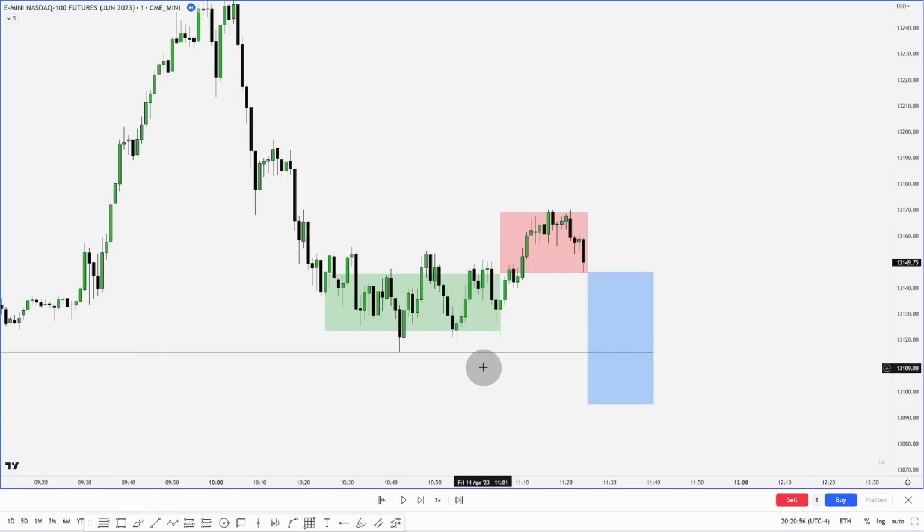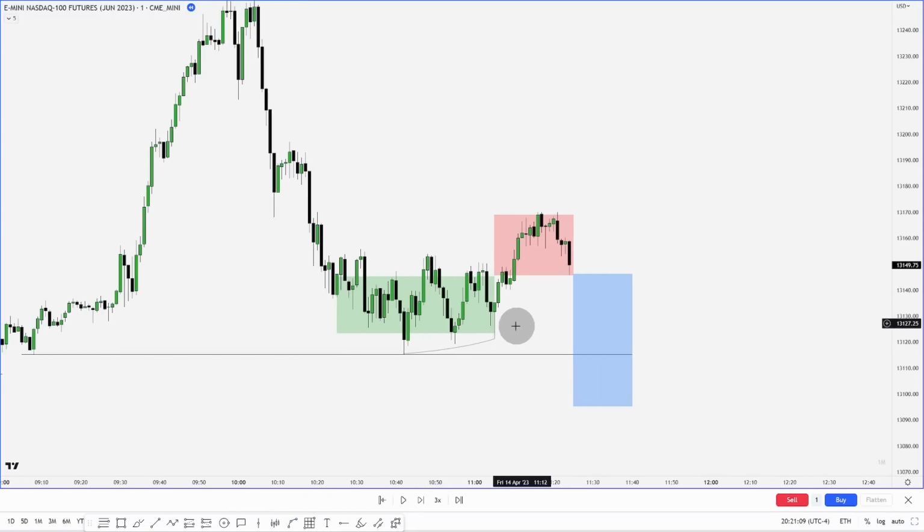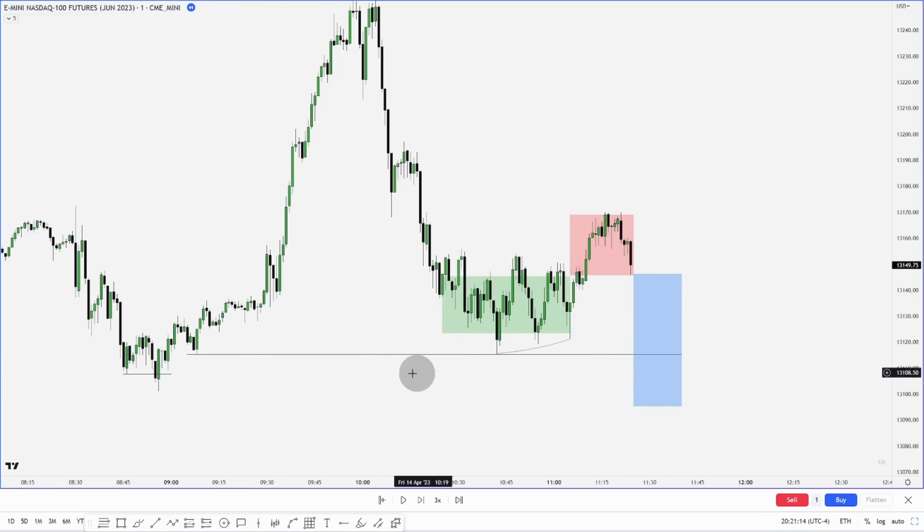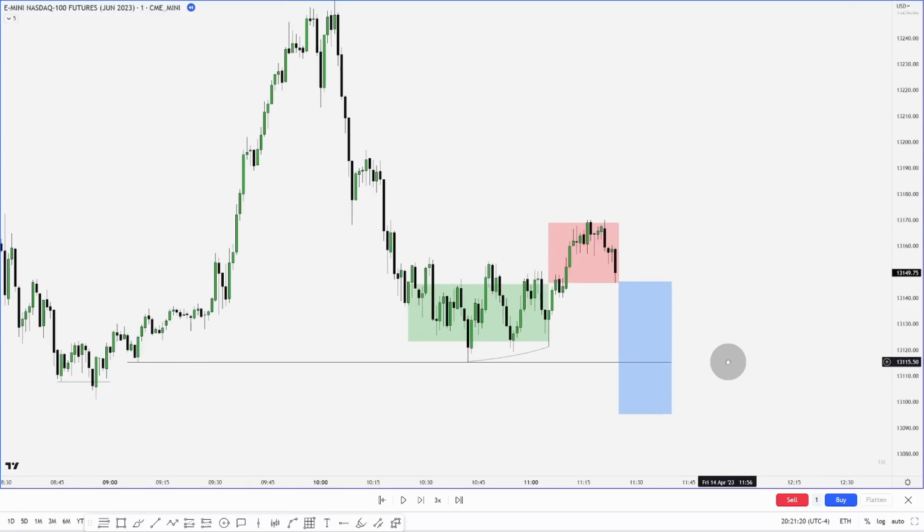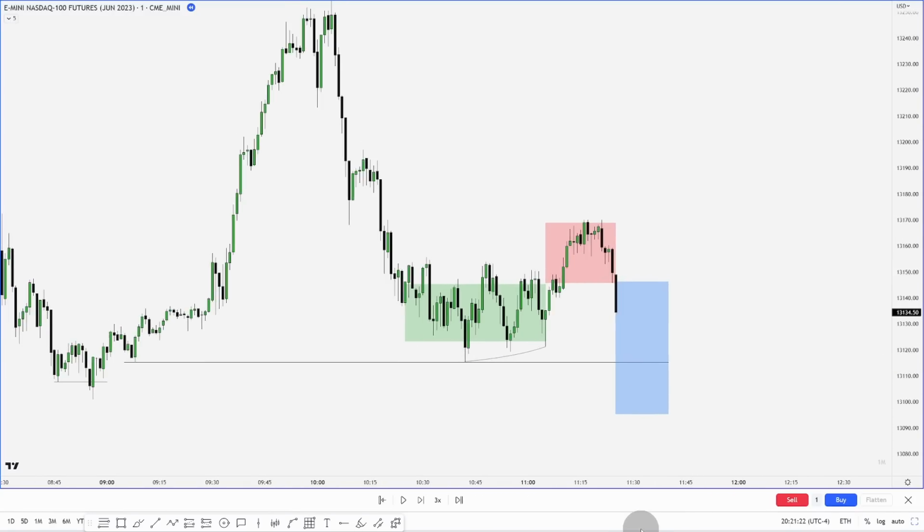So dropping to the 1-minute, if you look right here, here, and here, these are all failure swings, and what does that create? Low resistance liquidity. So I would ideally like to see price expand through these lows right into here, and ideally reach for this old low over here, but I would be more confident in it just reaching for this low. So as we let this play out,